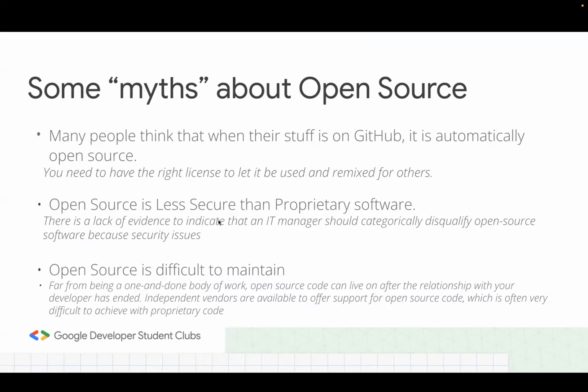Another myth is that open source is less secure than proprietary software. People tend to think that because it's open source, it could have a lot of issues, but this actually happens with any software. It doesn't necessarily happen with open source. Software by nature generally has issues, but the good thing about open source is that